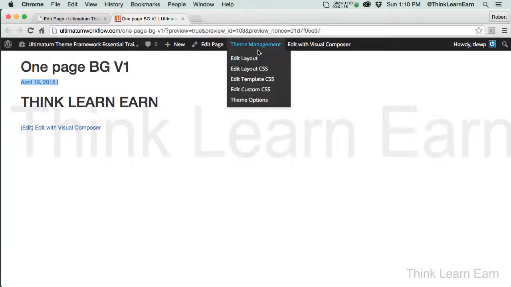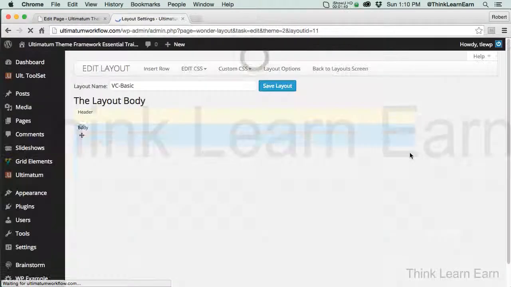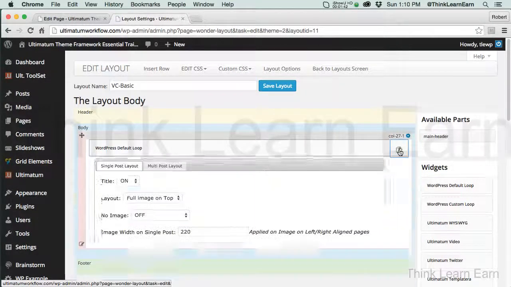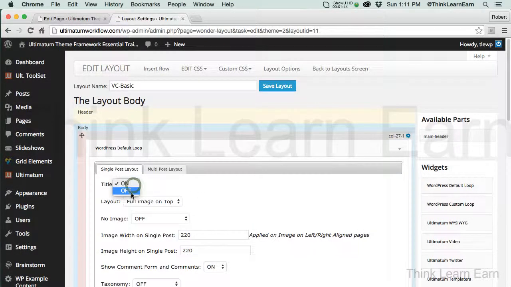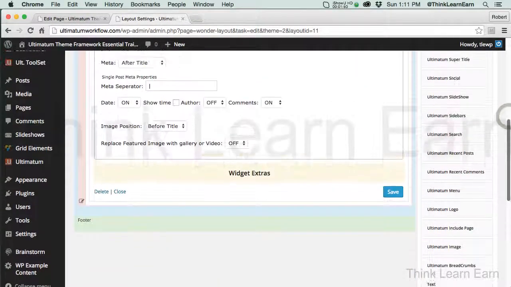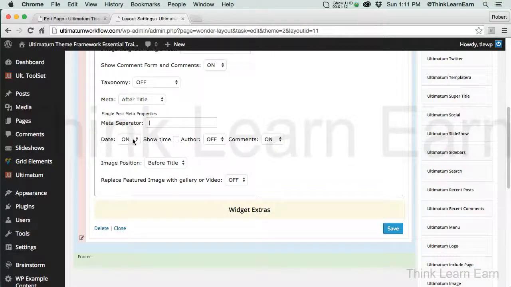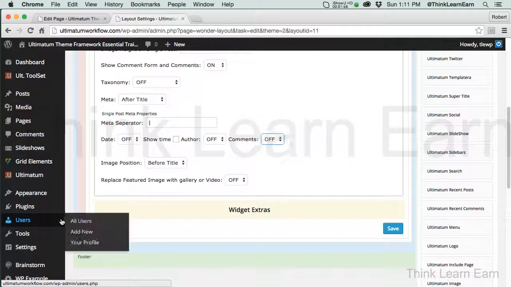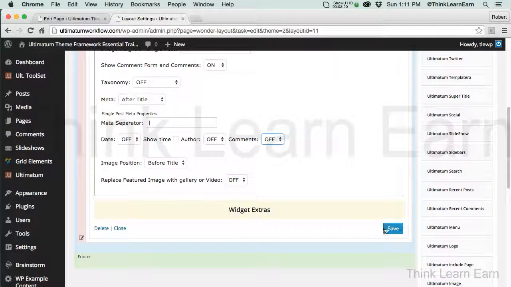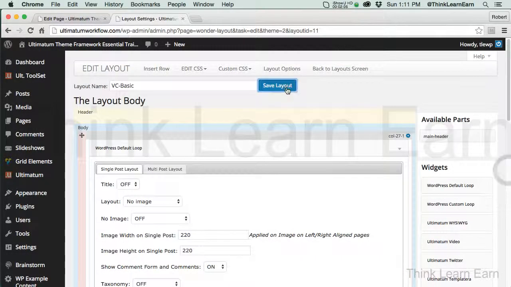So a simple way to do that, again, is go to Edit Layout. And based on these choices, we don't want to see the title. We don't want to have an image. And we certainly don't want to see the date. So date off. Okay, everything else comments off too. We have comments set up in our first video from the general preferences, but I just want to make sure comments are turned off. So if I save the changes and I save the layout